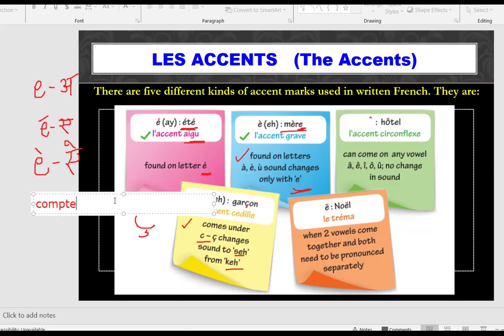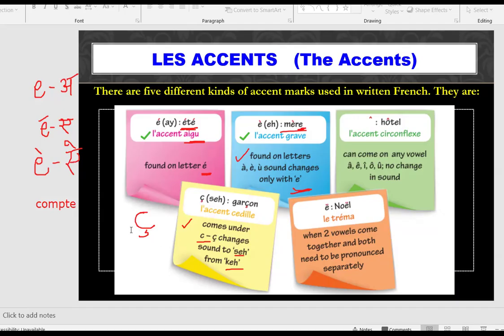Now look here, first there is no accent on the a. This is a, right? There is no accent, so it is a. But here co becomes con, right? The sound is k, right? Of c. So what we are trying to say here is, when we